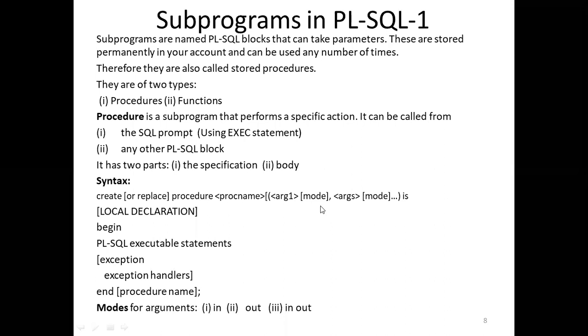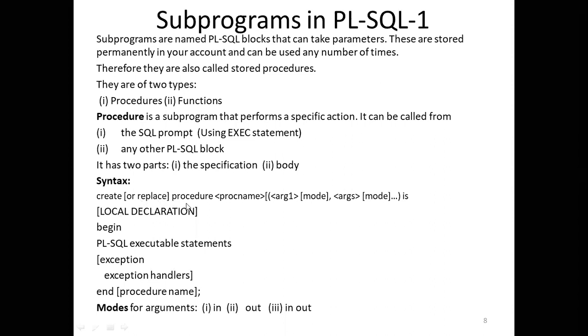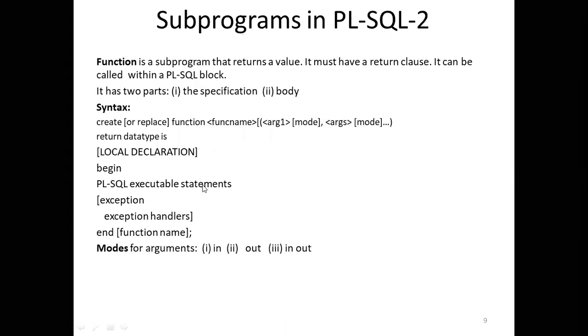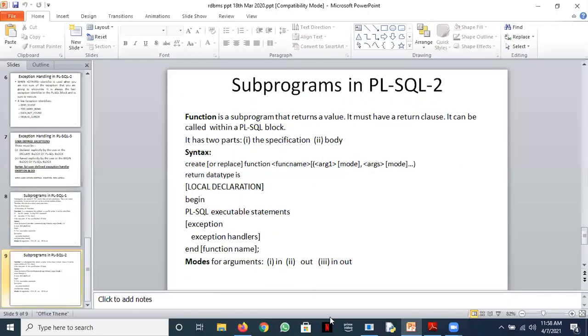Then there are the declarations for this procedure, and we have the begin, the exception, and the end. Before the declarations, we don't write the word declare as we write in an anonymous block. But before begin, you can make the local declarations for this procedure. I think till this point we discussed in our previous class. So let's go back and work with some code.